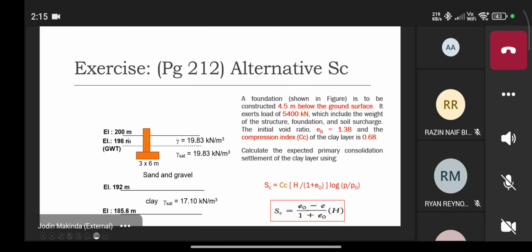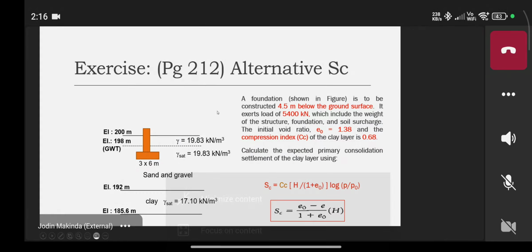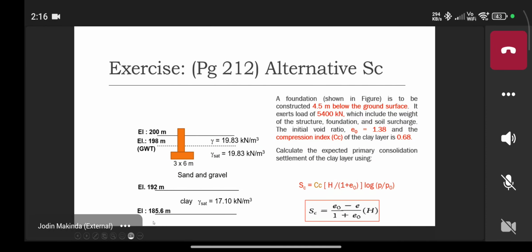In this example, we look into the soil profile on the left side. You can see that there are several layers. You have clay, sand, and gravel. And also you have